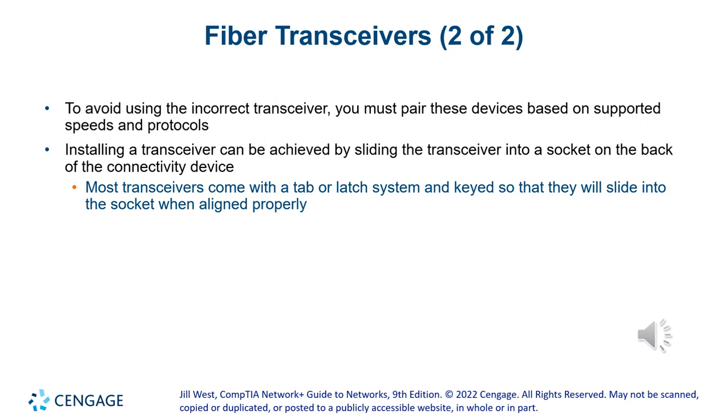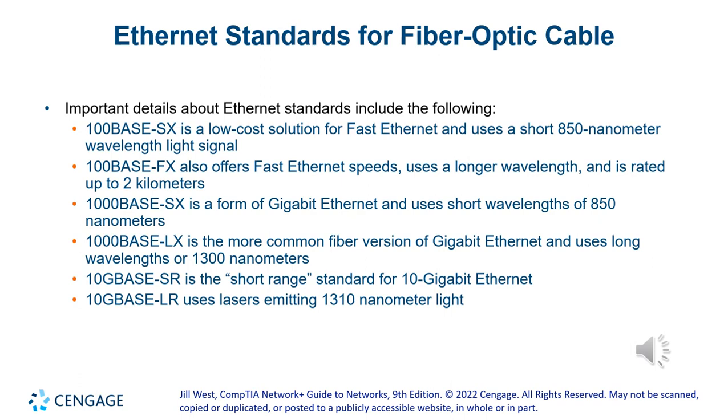1310. 850 is for multi-mode, which is kind of like a low frequency, right? Because it doesn't transmit that fast. And the single mode is 1310 nanometers wavelength. That's for the single mode. There are other higher ones, like 1450, and I can't remember any others at the moment, but the most common ones are those two: 850 nanometers for multi-mode and 1310 nanometers for single mode fiber, and they need to